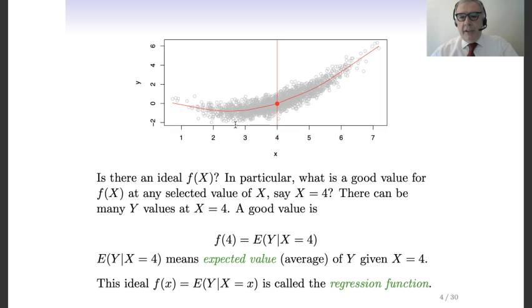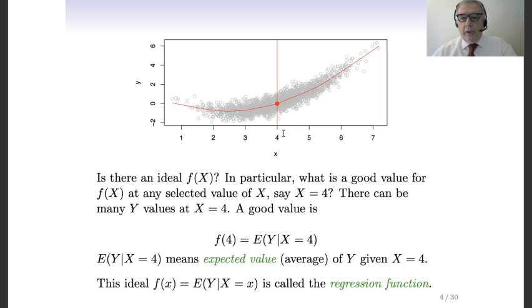Here I am representing some data by means of a scatter plot of pairs x and y, and this can be seen as historical data. They just give a picture of how y depends on x in a variety of previous examples. And now I pose the question: if I select a value for x, for instance x equal to 4, what's the best prediction for the target